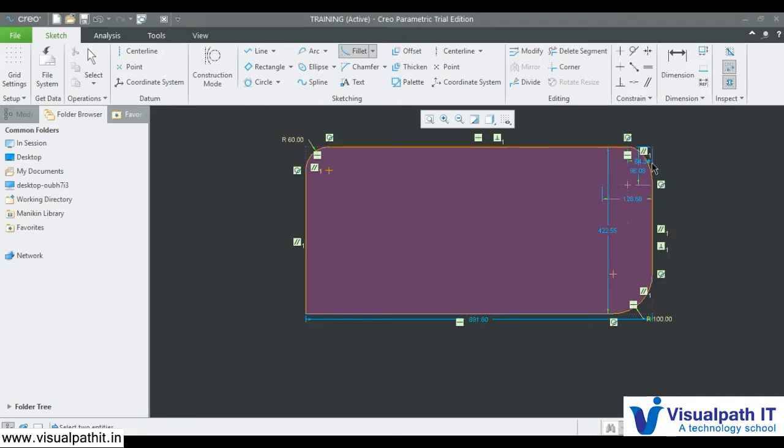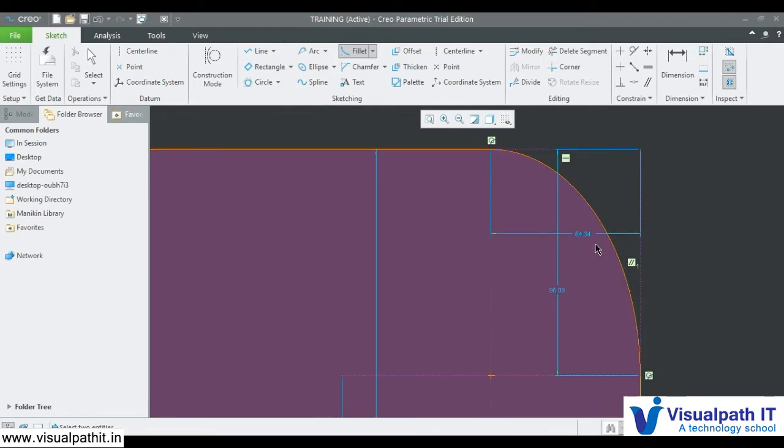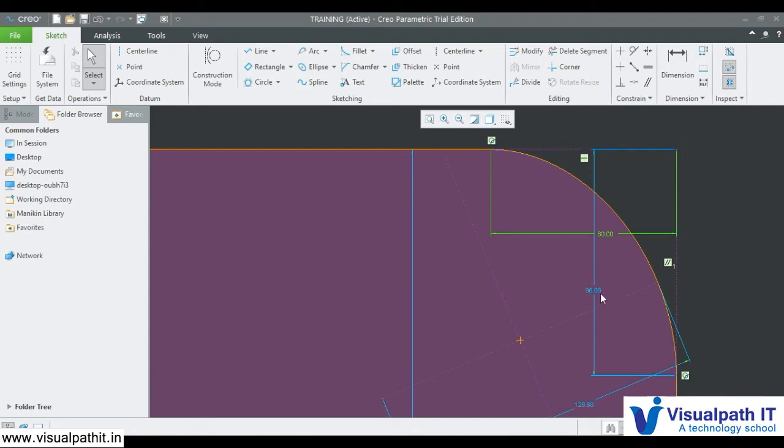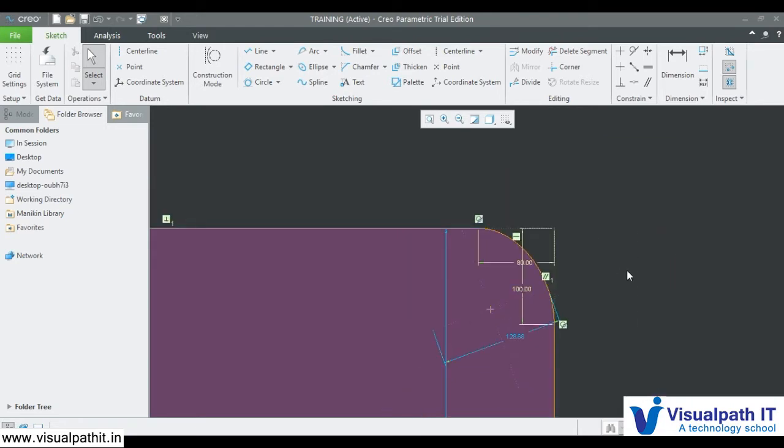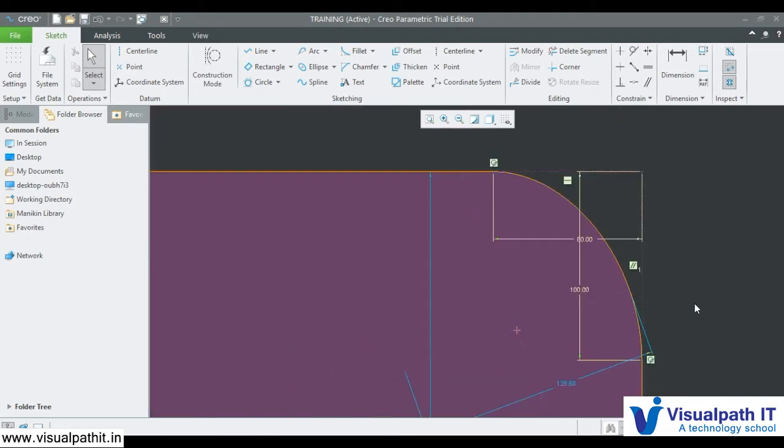And then you have elliptical. Here, between these two lines, I want to have an elliptical trim. So this is the center, and from this I want this to be 80. If I give this also 80 from the center, then it will become circular here. And now if I don't want this to be 80, I want this to be 100, it's automatically done. This is an elliptical fillet, but this will have a round finish.